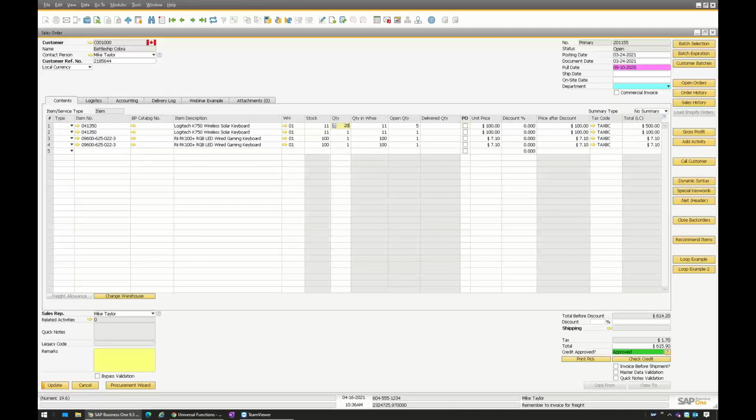So if I bump this up to 20 and I push my line loop 2, it read the condition and it said, oh, there's over 20. We'll add a special gift to this. And this can be freight, eco fees,